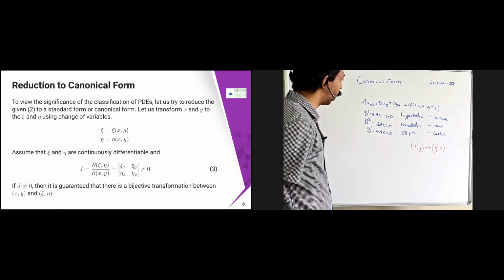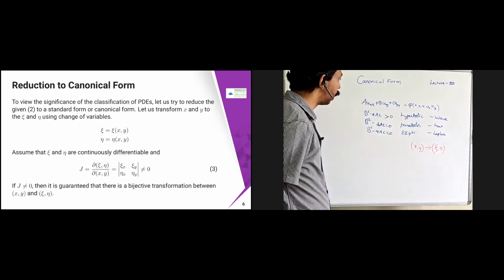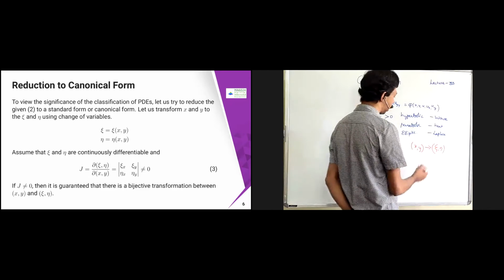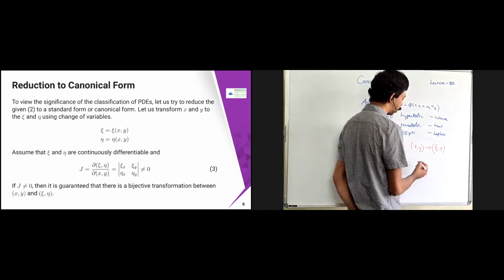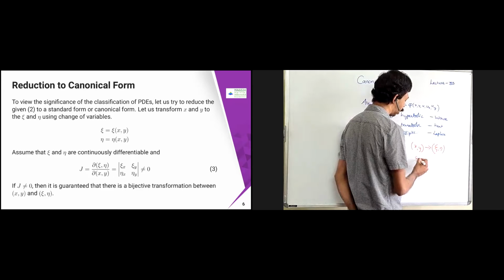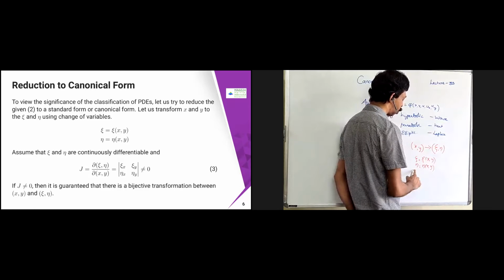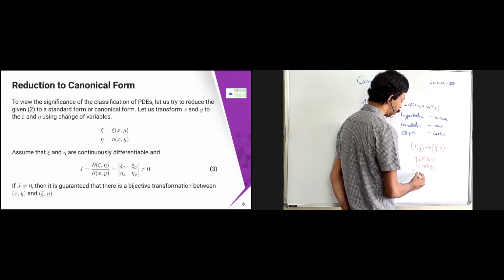We are going to see how it is going to be obtained. Suppose x comma y and chi comma eta is given. That means I can write chi equal to chi of x comma y, some function I can find, and eta equal to eta of x comma y I can find. Now, change of coordinates, so I have to find the Jacobian. So the Jacobian is going